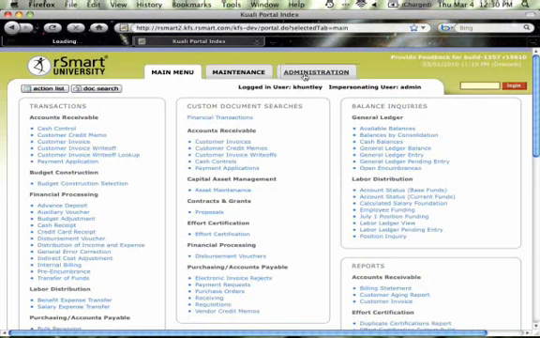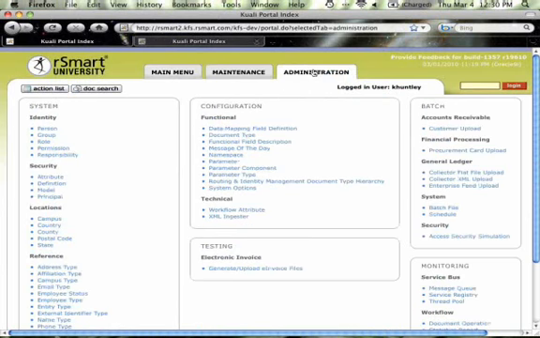Let's go to the Administration tab, and let's log in as admin. On the left-hand corner, below Identity, there is a set of menus that we can use under Security: Attributes, Definition, and Model. So as I said, attribute is